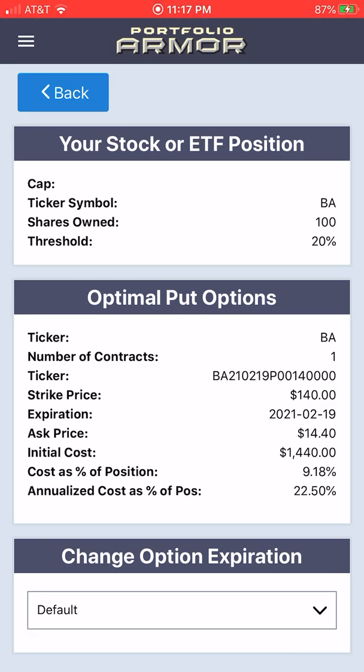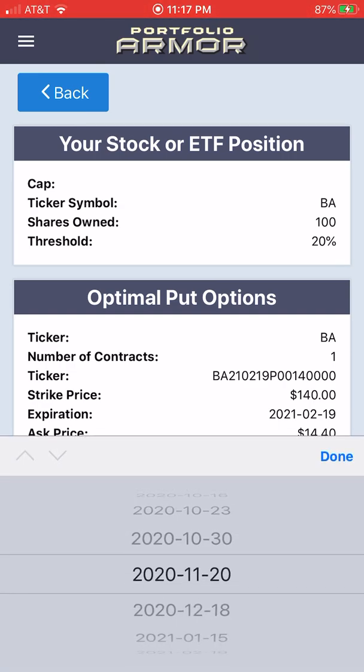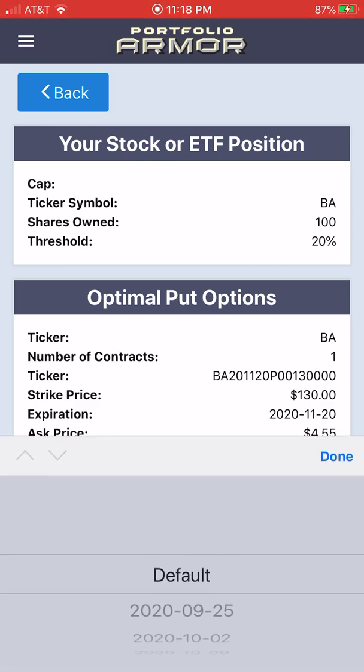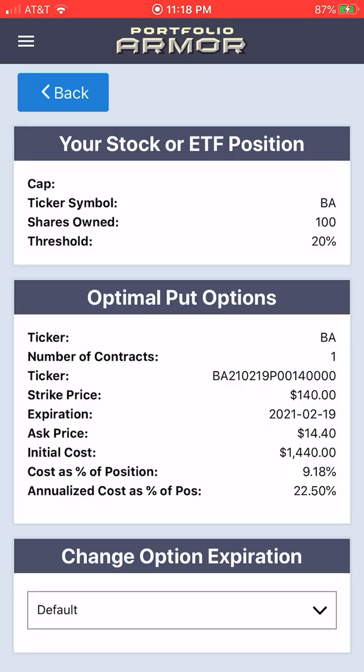So one thing we can do here if we want to lower the cost is we can look at a shorter time to expiration. So if we're concerned about the election, we can pick the first expiration date after the election, which is November 20th. And here we see the cost of the hedge goes down to $455, or 2.9% of position value. Now, the annualized cost annualizes this to let you compare apples to apples across different expirations. And as you can see, for the hedge expiring in November, it's 18.26% of position value annualized. And if we go back to the one expiring in February, it's actually higher on an annualized basis, 22.5% of